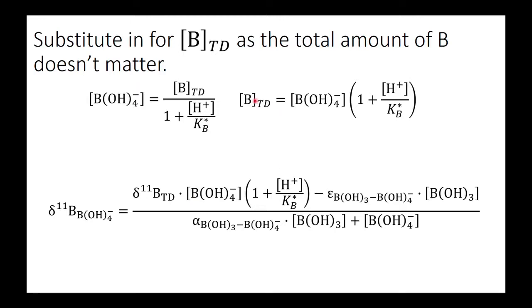Total boron is equal to that, just from rearranging this equation here. I'm doing this because I want to get rid of the term related to the amount of boron in the ocean, because the amount of boron in the ocean doesn't affect the speciation between the different boron species. So whack that in there,